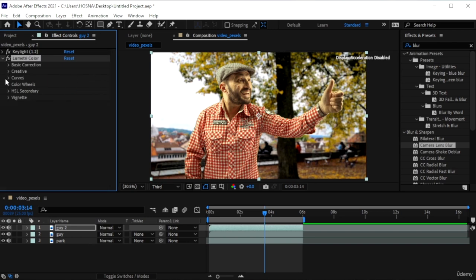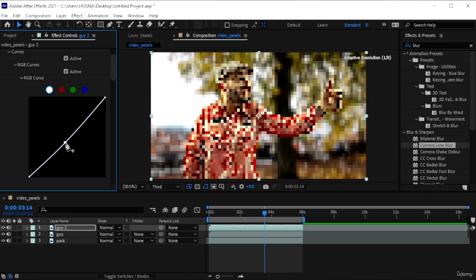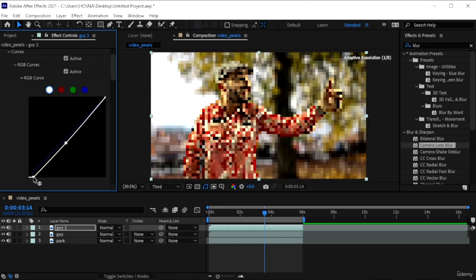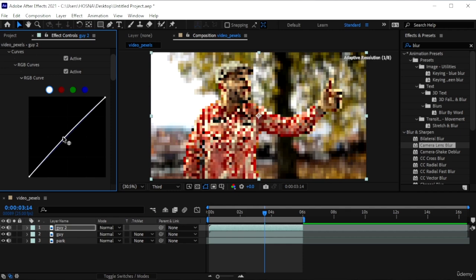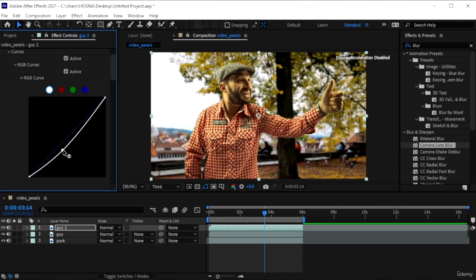Close the creative. I'm going to come down to curve. And let's see what we can do. Let me kind of intensify the shadows a bit. Also darken the shadows as well from below. Or actually, let's not do that. Come downwards. And I can see that he's a little green. So I'm going to go into green channel. Instead of down, I'm going to come